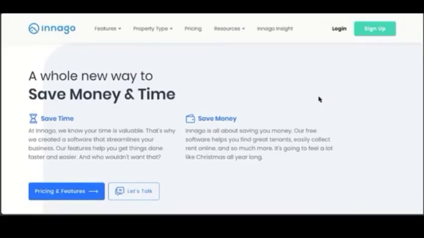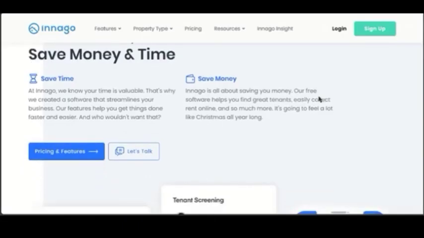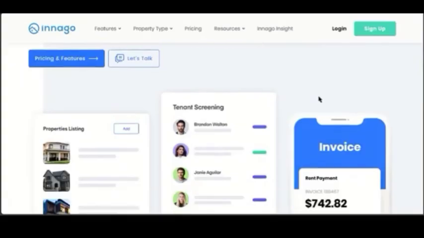Now it looks like all is well, all is good. So what is the downside to it? One of the downsides to using Innago in 2025 is